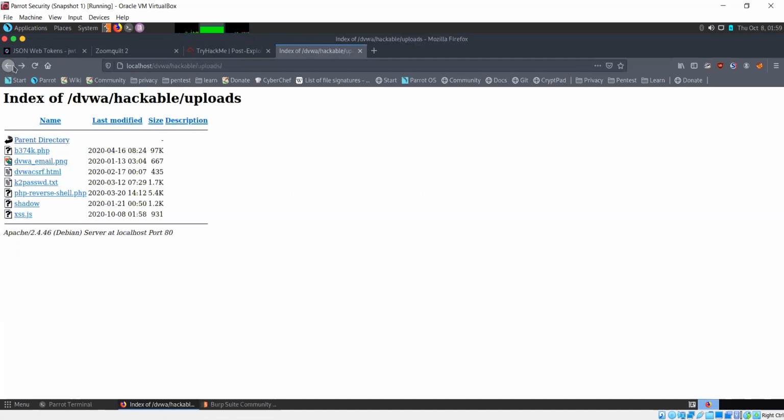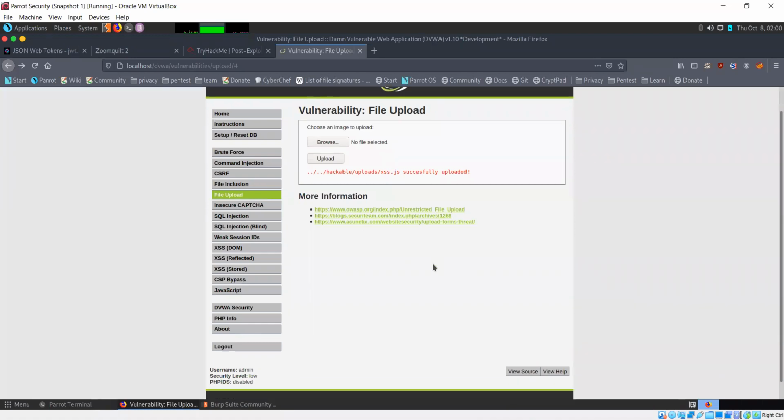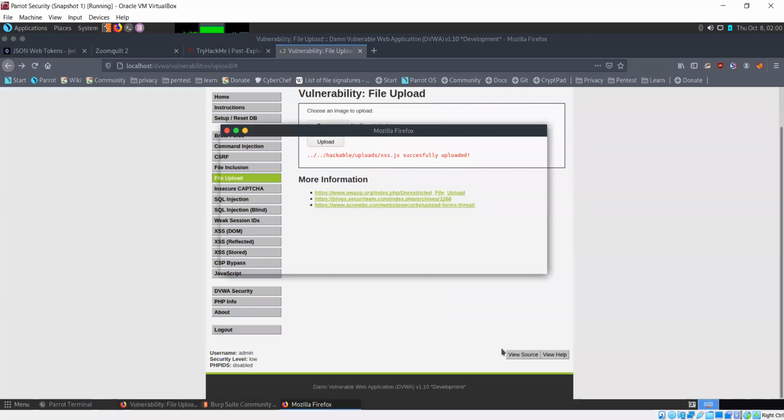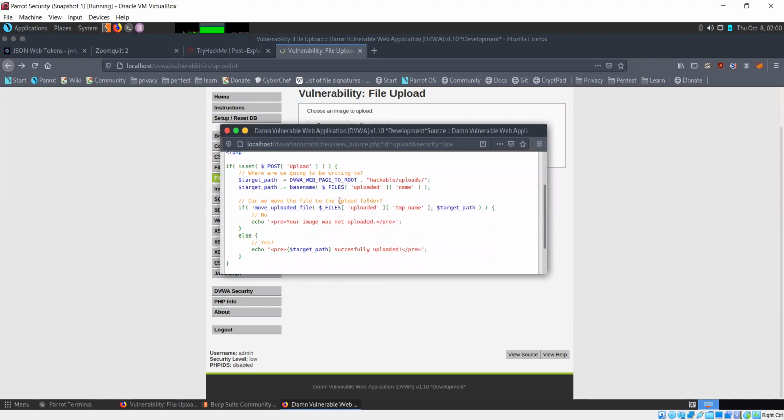Okay, so in the file upload vulnerability that we are looking at, it asks us for an image, but it's allowing us to upload other kinds of files as well. Now the thing is, there is no proper check applied. So whatever you are uploading, it's simply uploading it.